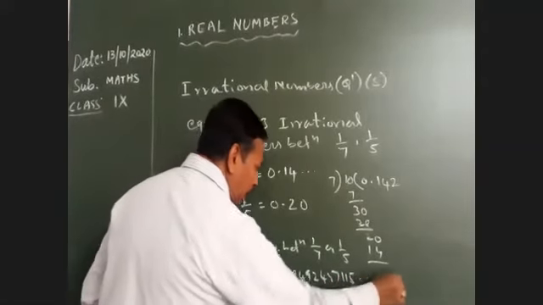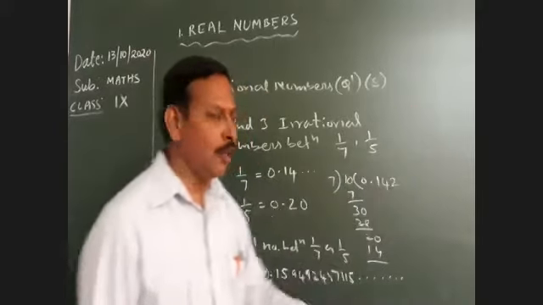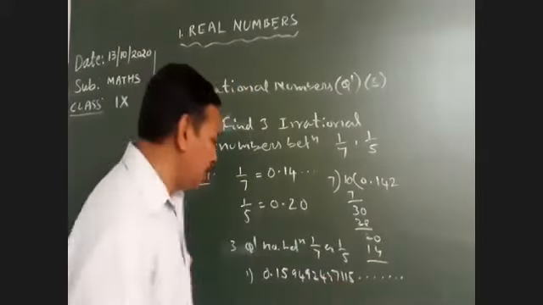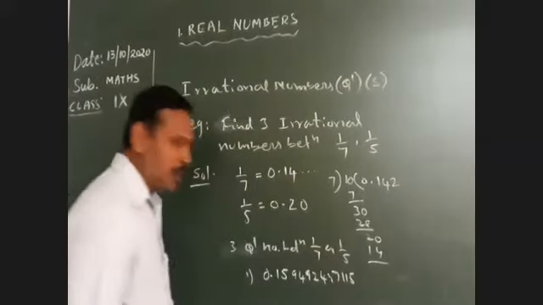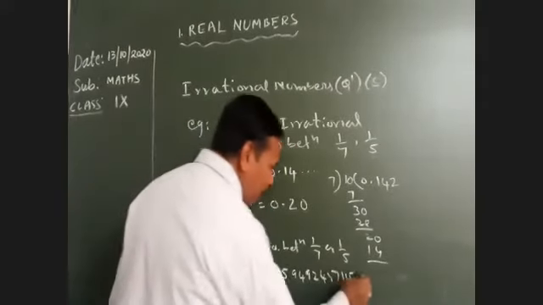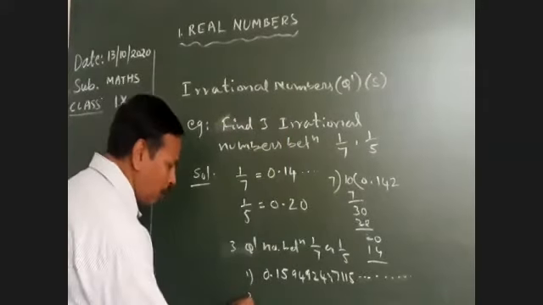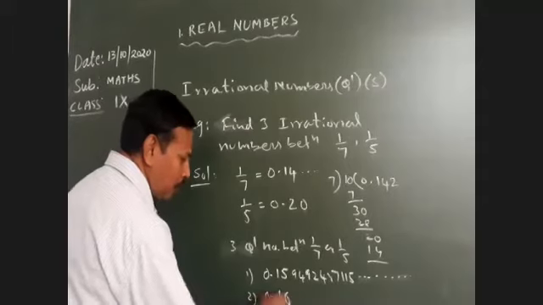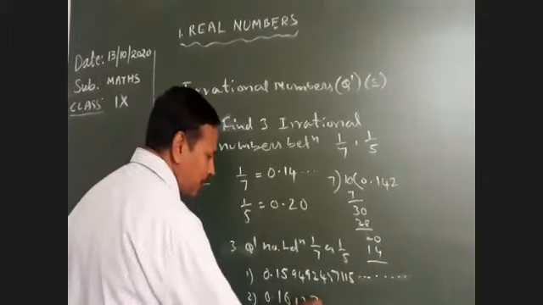You have to keep a dot. Why are we keeping a dot? It goes on like that. Irrational numbers have no limit. So this is one irrational number. Suppose the dot is not here, it becomes a rational number. So compulsorily you have to mention the dot here, so it is an irrational number. Suppose you want to write one more, 0.16. You write one more phone number, your friend's phone number, or any digits you can.